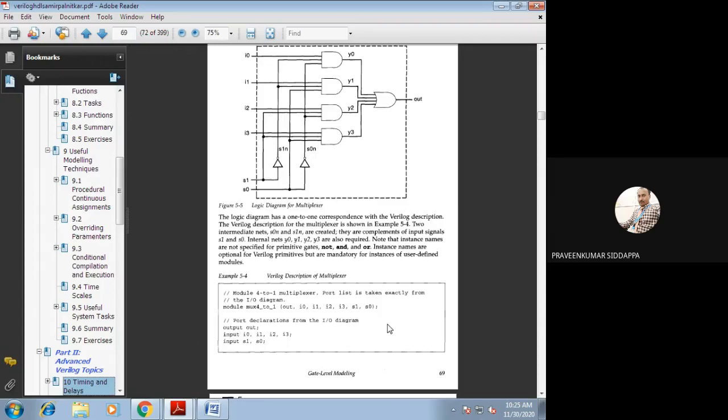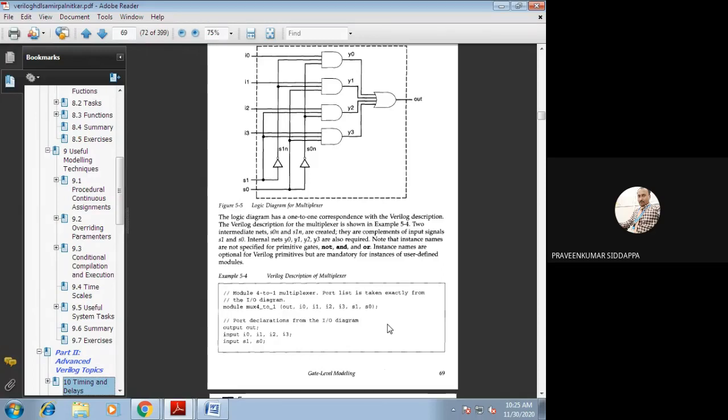First, I will write. First it should be module. Module is a predefined word. Next, the module name. Here he has given mux_4_2_1. After that, within the brackets he has written out, comma, I0, I1, I2, I3, S1, S0.